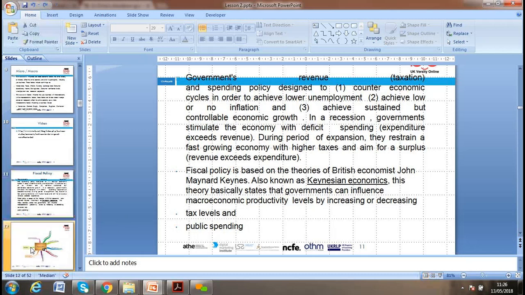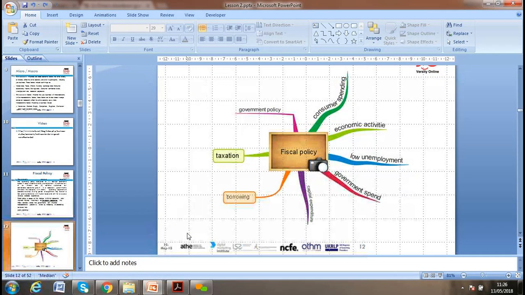Cutting public spending will slow down the economy, like what is happening in the UK now, to cover the deficit. But Labour have a different thought, and so do other political parties in the UK. So we need to look around these and their consequences. When we look at fiscal policy, we look at government spending, economic activity, the employment rate, government spending, capital